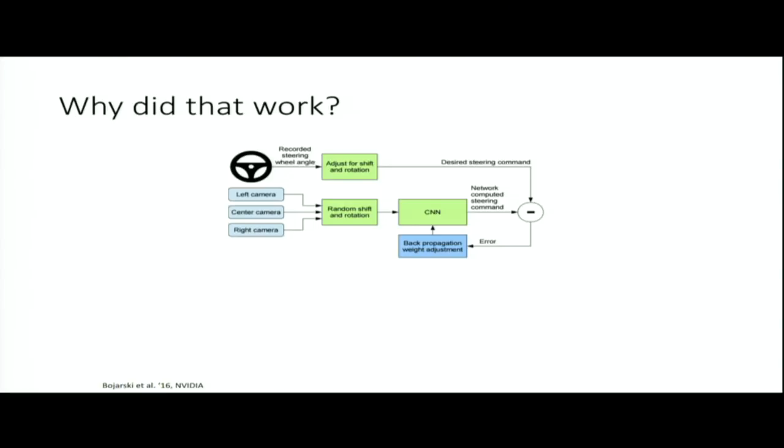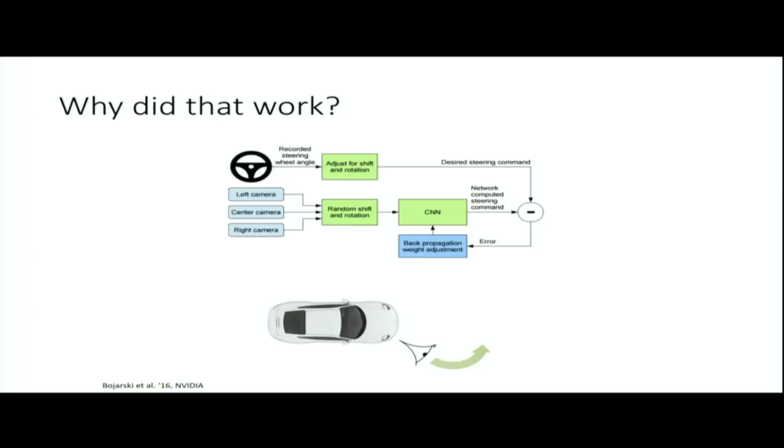But at training time, there's a little trick. And the trick is this: you have a camera facing forward, you record the images from the camera, and you label them with the steering command that the human actually executed. But then you have another camera that's facing to the left that's recording simultaneously. And you label images from that camera with the steering command that the human executed, plus a little turn to the right. And then you have a camera facing to the right, and you label it with the steering command that the human executed, plus a little turn to the left.